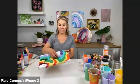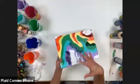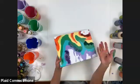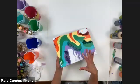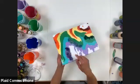Okay, so the rock salt, the Mod Podge rock salt I'm talking about, as you can see, it's a great addition to all your pouring projects. I love it. There's so many different uses. You can make jewelry out of it. You can add it to a ton of different things to embellish, but I love it on the pouring. So basically what you do,